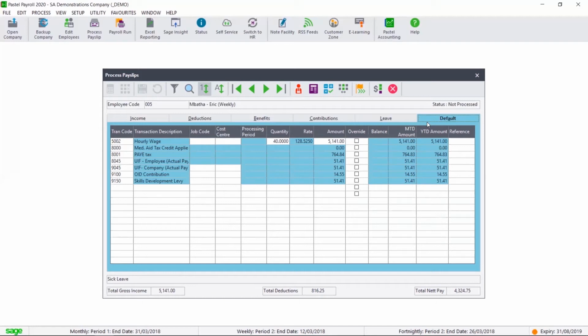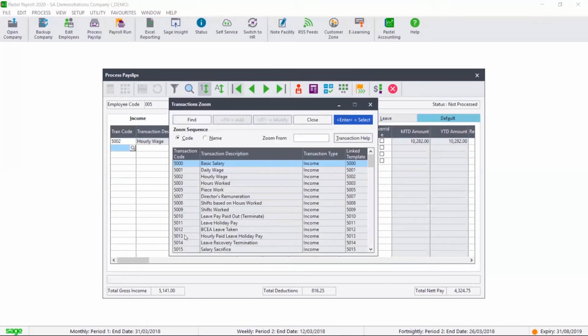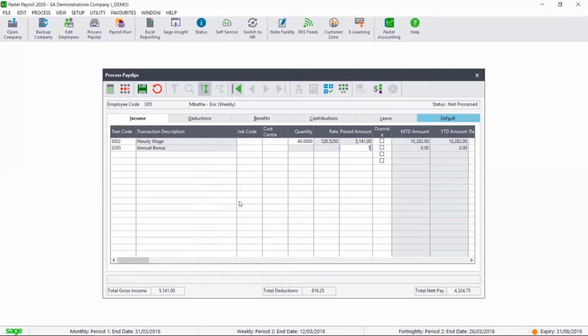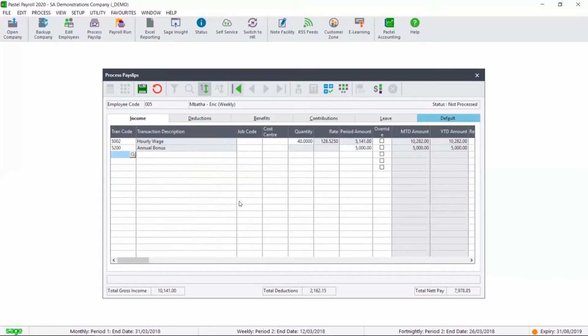If there's a change, say he gets a bonus for this month, you don't add it to the default tab, otherwise it will pull through next month, every month thereafter. You just change it under the income tab. So you go to income and you find the annual bonus transaction. Here we go, he's got annual bonus and say he's going to get 5,000 bonus. Now next month, this transaction will not appear on his payslip because we've only added it for this month